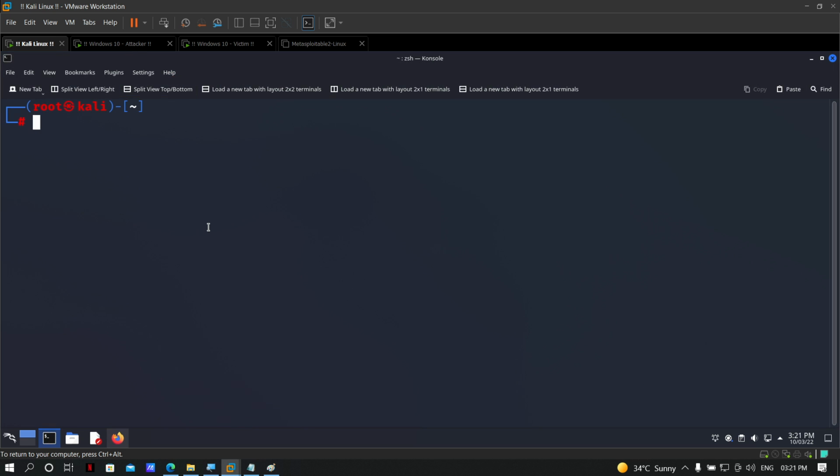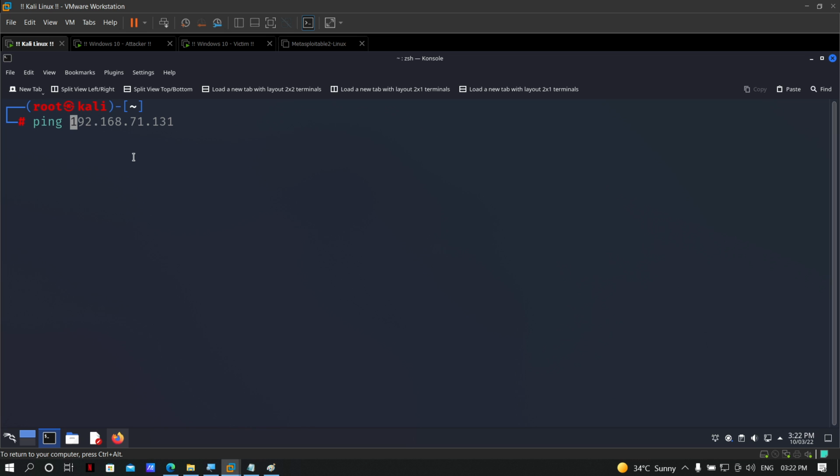Now, how many of you know about the ping command? Alright, ping is mainly used to check whether the destination is reachable or not. You can reach the destination or not. For that part, we generally use the ping command.